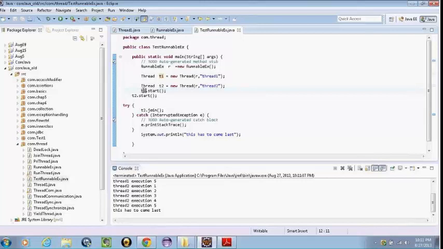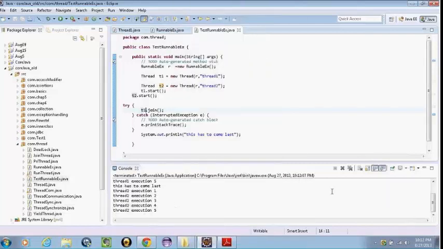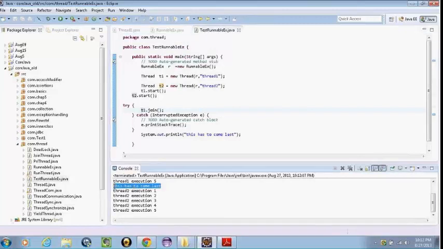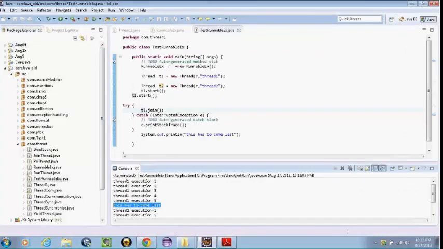See, you see it here? It has come in between, right? Now it waits for thread 1 to complete, not thread 2. So it has come even before thread 2, because thread 2 has no relationship now with the main method. They are not controlled by each other, thread 2 and main. Now the main method is controlled by thread 1. When the main thread executes this line, it waits until T1 gets completed. But before that, it was waiting for T2 to get completed. When I said T2.join, the main thread was waiting for T2 to get completed. But when I say T1.join, it waits for T1 to get completed.